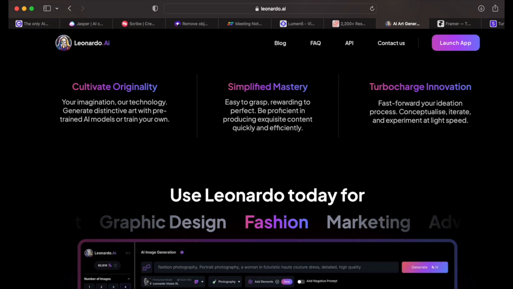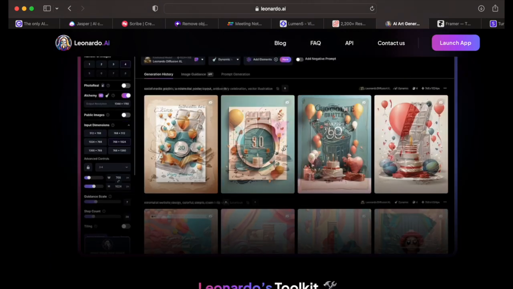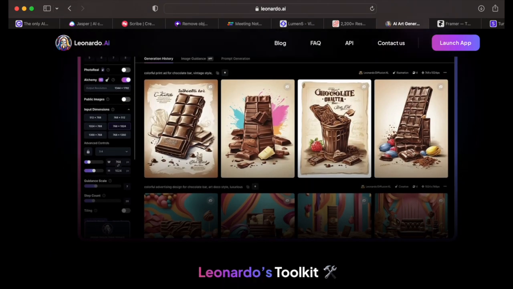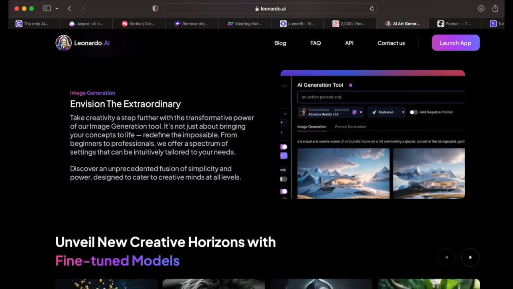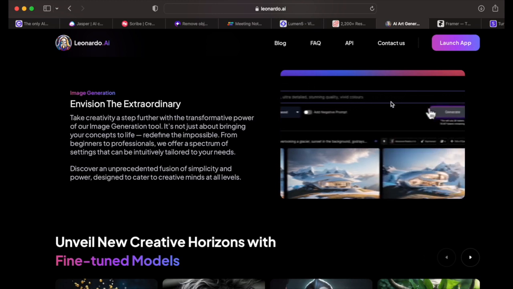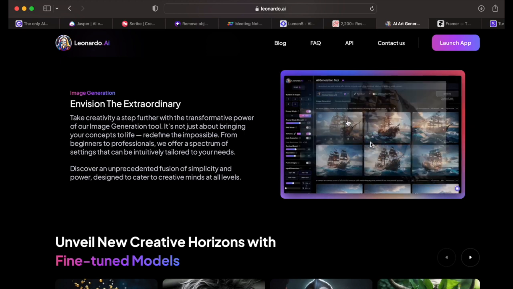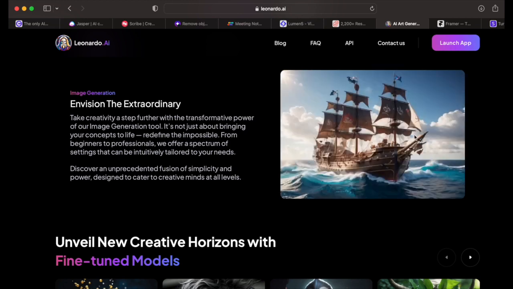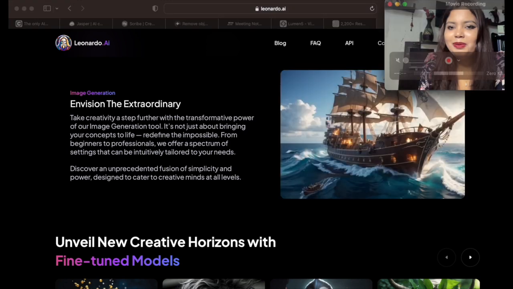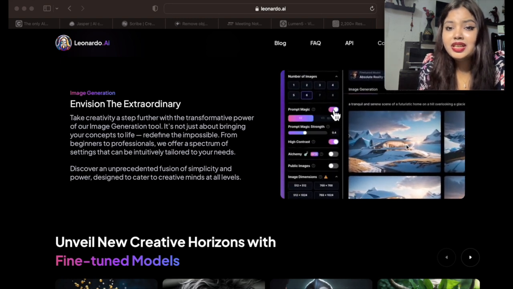So you need to give a prompt, and based upon your prompt, this tool will generate the image. So you can see that that's how this tool is working. So what you need to do, you need to just give maybe a prompt. Maybe you want to see a mountain with sun or something like that. You want to see a Titanic ship in the sea or something like that. Maybe I'm giving a very vague example, but based upon your requirement, you can just give a prompt, and it will generate tons of images.